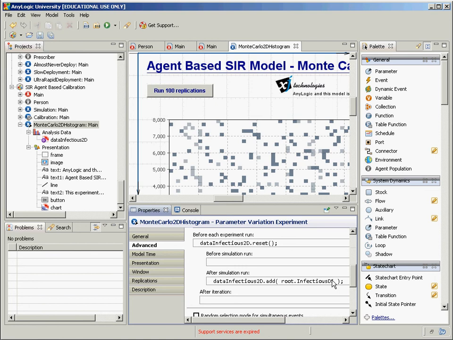Okay. So what this is saying is before each experiment run, it clears all the data. Before the run of all the runs, just starting this up before it's done any runs of the model, it clears all the data. This data is in fact 2D. That's this data that we exported to Excel. It clears all that away and makes it all 0. And then after a given simulation run, after it's run this model once,